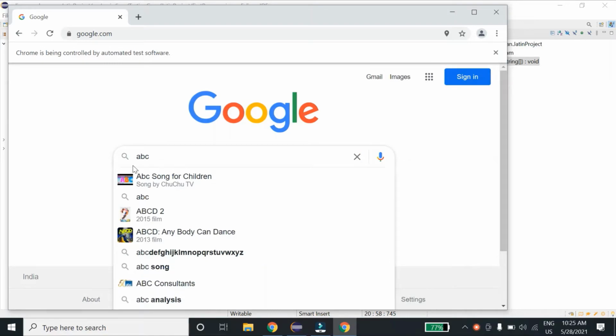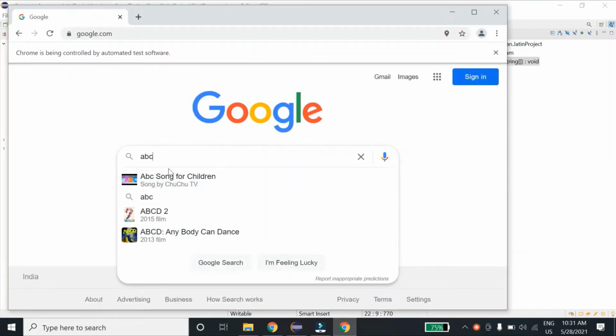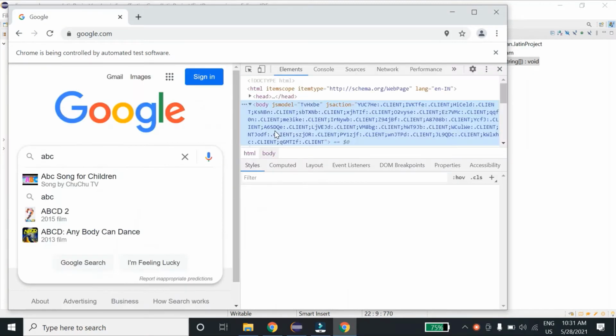So as you can see over here, it is finding that element and it is sending the text which we have passed in our script. So guys, I hope now it is clear how you can locate the element by name. Let's see another technique. Let me go back in here, and if I inspect it again,